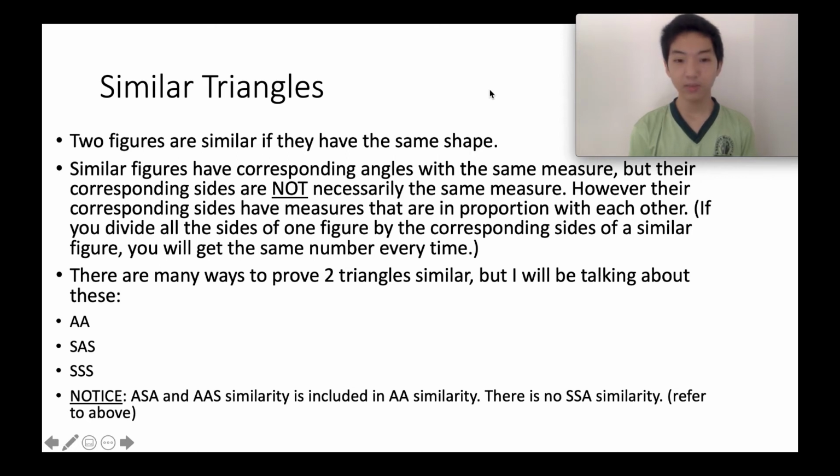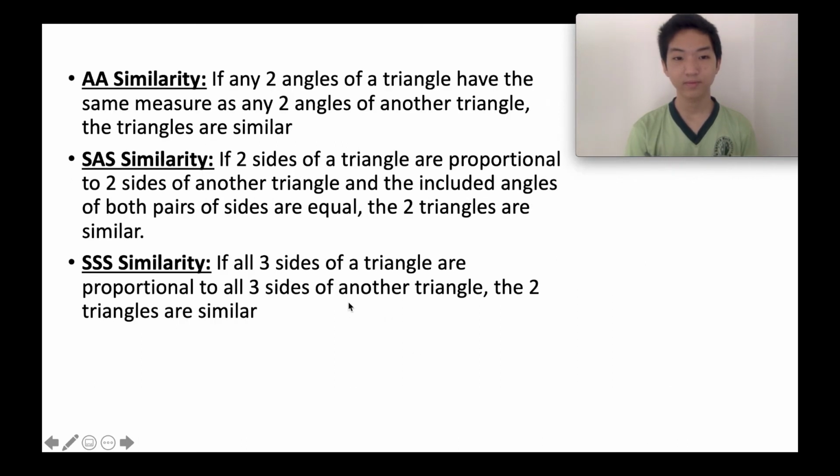There are many ways to prove two triangles similar, but I will be talking about these: angle angle, side angle side, and side side side. Now notice, angle side angle and angle angle side similarity is included in angle angle similarity, because both of them have two angles. There's no SSA similarity, which you can refer to the earlier slide. So you can see here